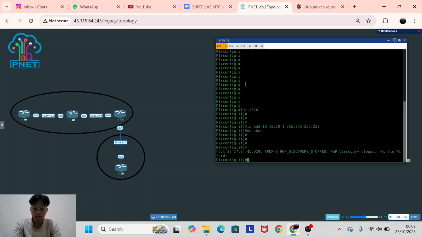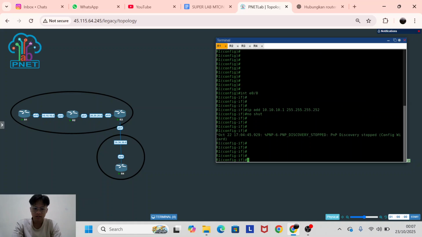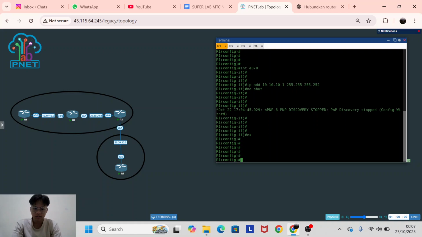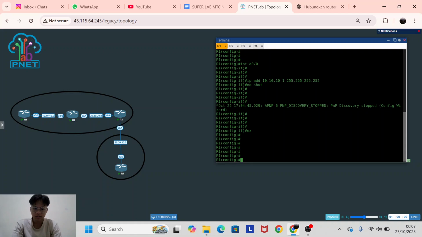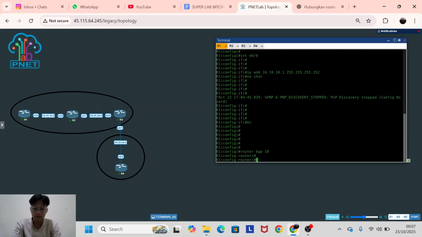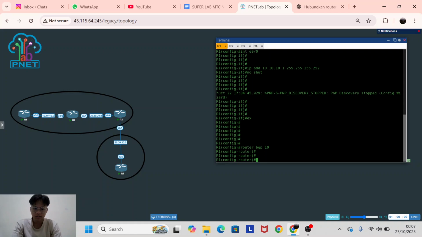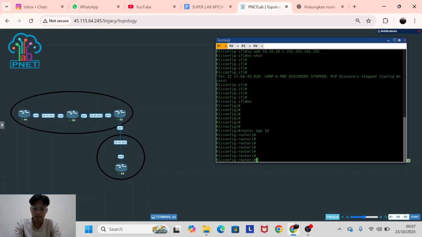Okay, now we get to BGP configuration. You can add router BGP, and you write whichever AS number you want for this router. Okay, I want 10. This is now our router BGP configuration.